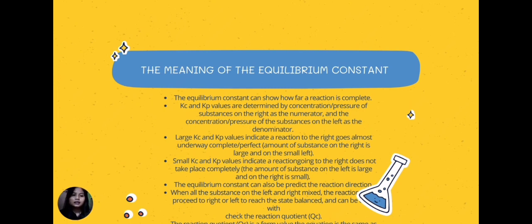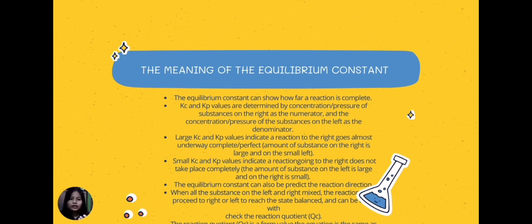Next, the K value is determined by the concentration or pressure of the substances on the right as the numerator and the concentration or pressure of the substances on the left as the denominator. And next,